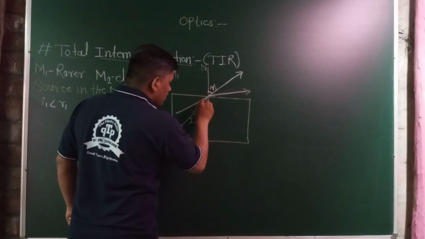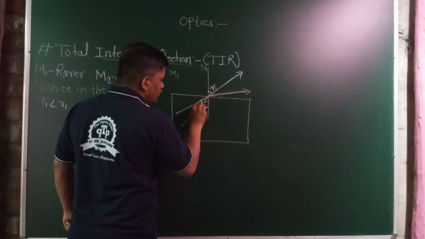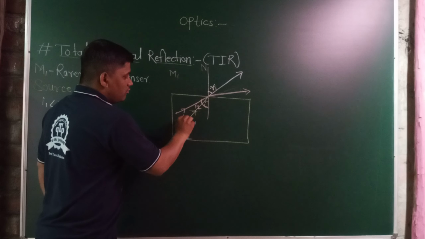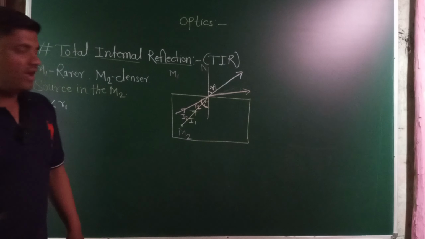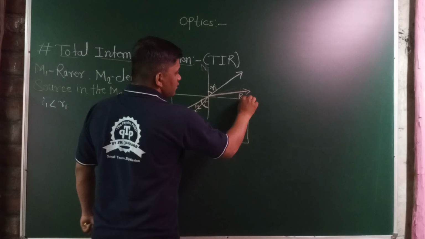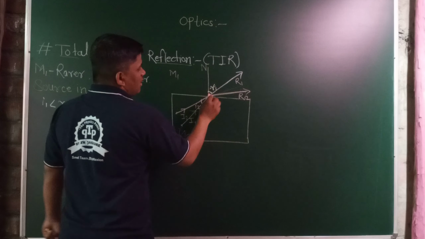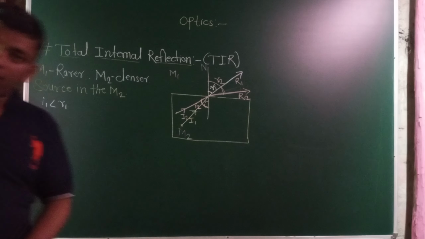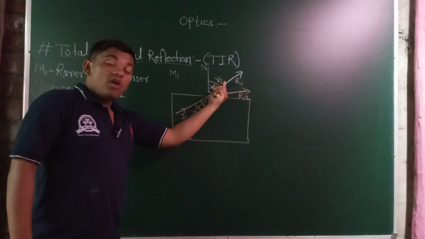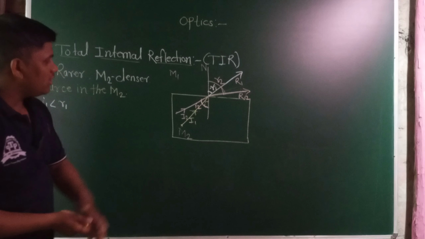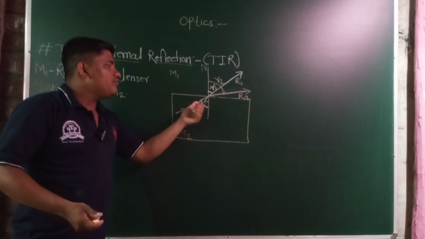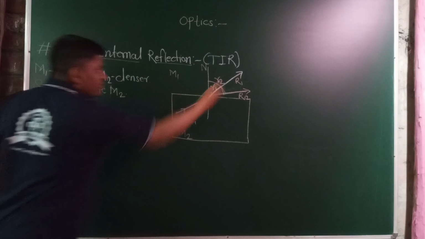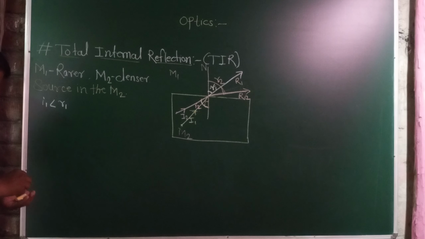Then this angle is known as i2. The bigger incident angle is known as i2, and this incident ray is known as capital I2. And this is the capital R2, this one is capital R1. This bigger angle is known as small r2, the angle of refraction. Small r2 is much greater than small r1, and also small i2 is greater than i1. Obviously the r2 is greater than i2.